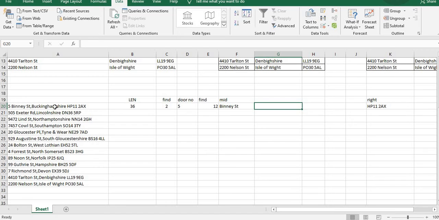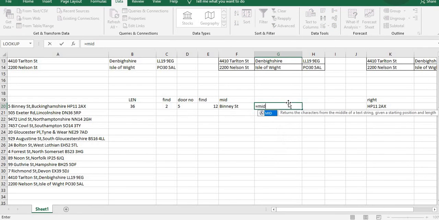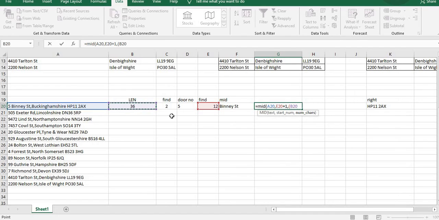And now lastly, what we need to do is get the county in between. And again, I'm going to be using a mid formula for that. So if we do equals mid, and the text that we're starting on is the same one, and the start number is going to be 12 plus 1. Reason being is because 12 is where our comma is, and then plus 1, which is the B. And then the number of characters that we're going to be looking at, so let's say the full length of